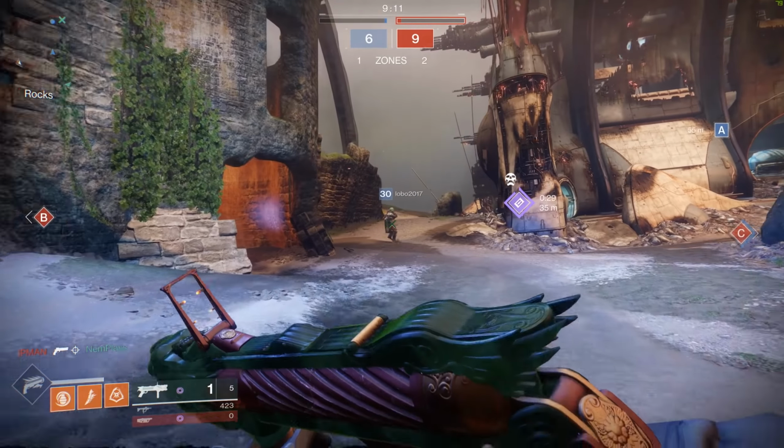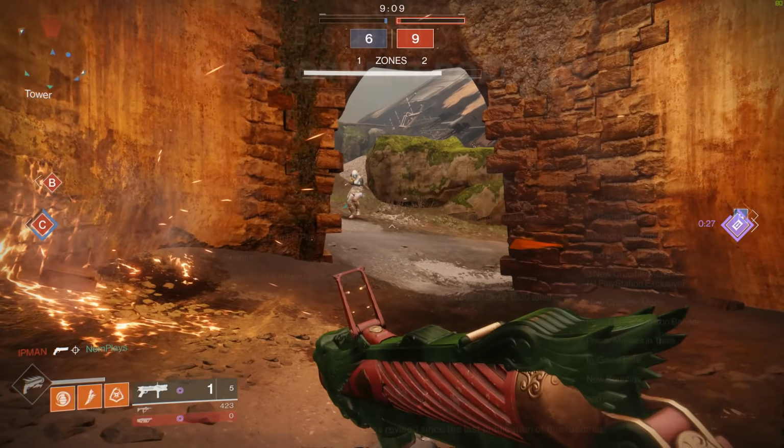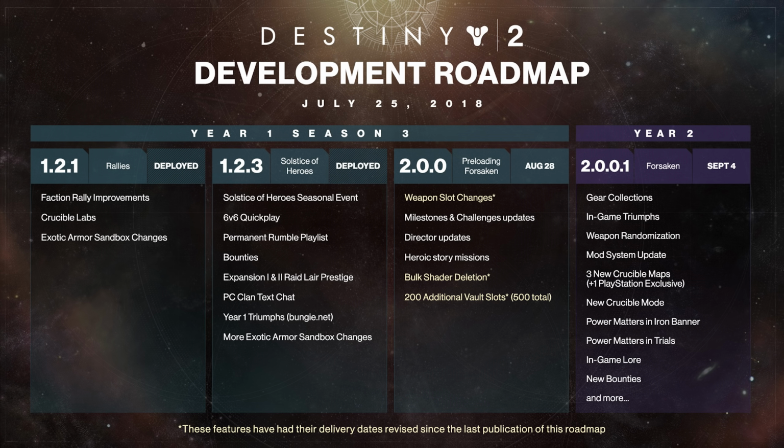Now, we've already experienced update 1.2.3, so we're in the second box right here. The only thing we're still waiting on from this update is, of course, the Solstice of Heroes, which is going to be starting on July 31st. And so if we move on here, August 28th is going to be the next big patch update for Destiny